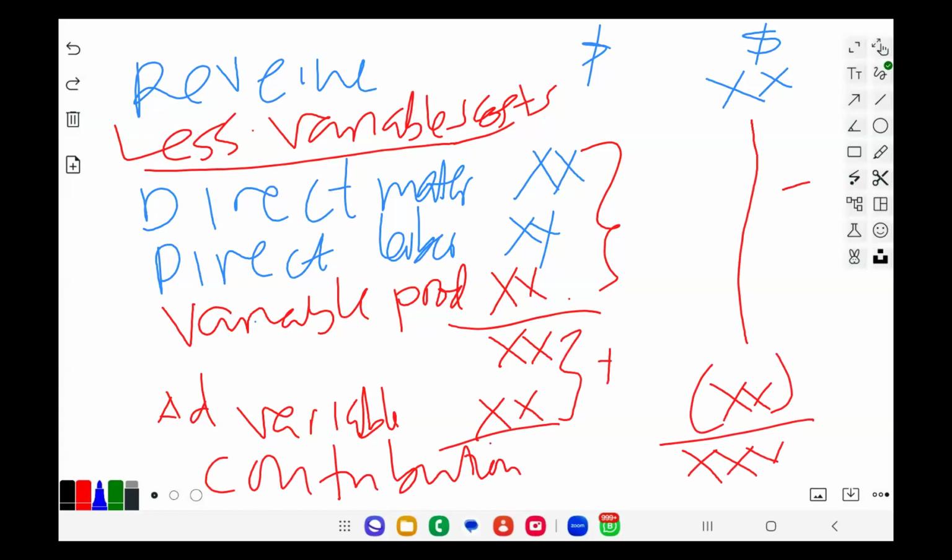Remember, always when you're dealing with full costing, as you are going to see, when you deduct the costs from revenue, you find gross profit. But if you deduct variable costs from revenue, right? You say revenue minus variable costs of production. So what you have now,